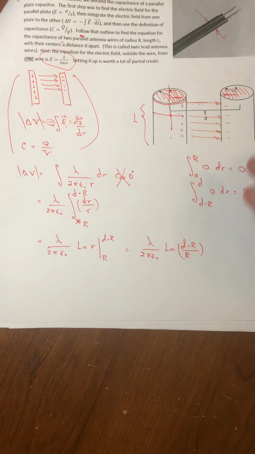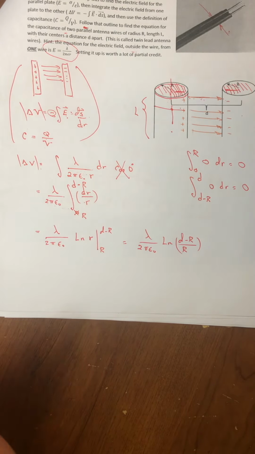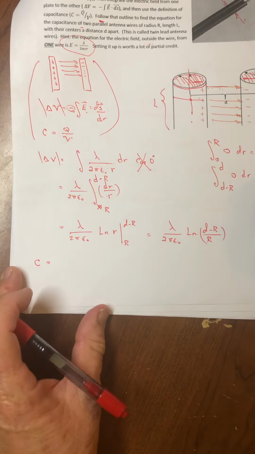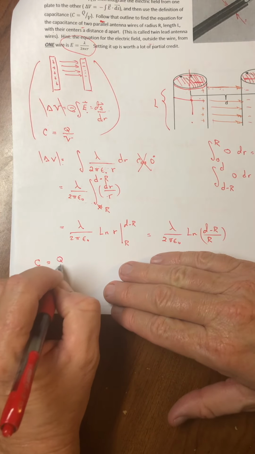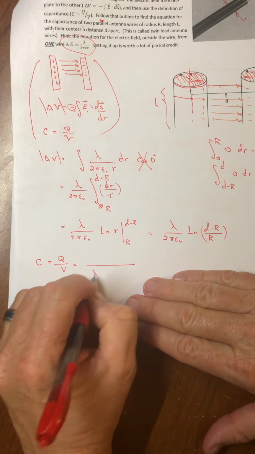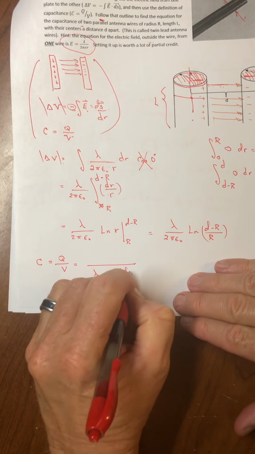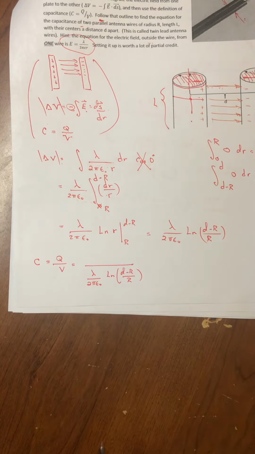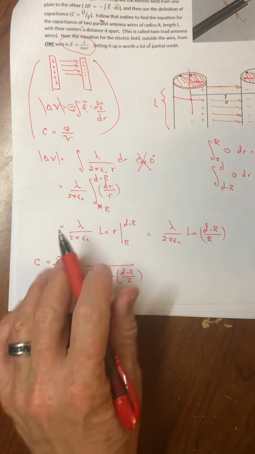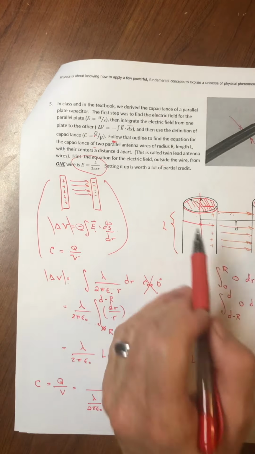All right, now with that said, I'll go ahead and finish the problem, and therefore finish the test, by saying the capacitance then, by definition, is the charge divided by the voltage. So I just did the voltage, so this would be a lambda over 2 pi epsilon naught ln little d minus r over r, okay? And then the charge, and of course I guess we do need to remember the definition is charge, but it's the charge on one plate, it's not the two together,